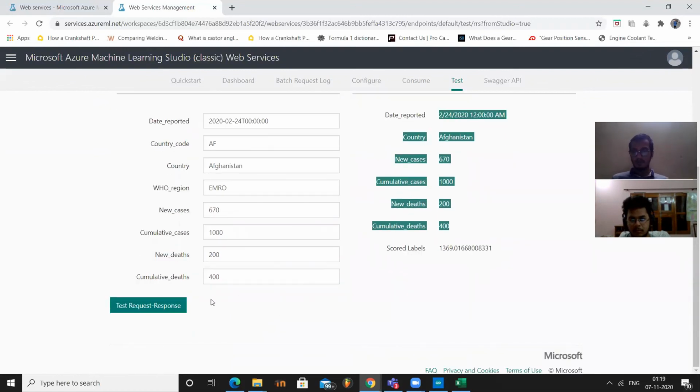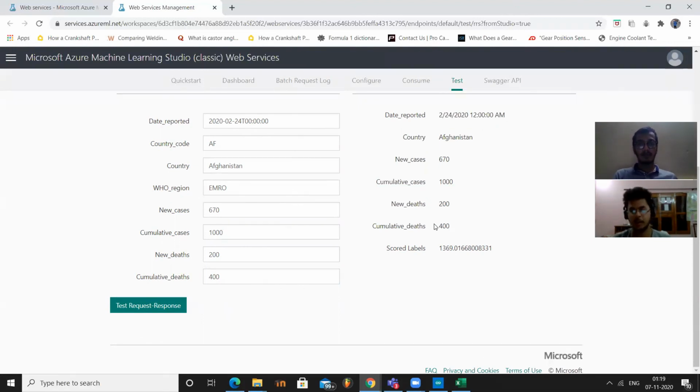So yeah, this is it from my side. Ayush, you can continue. So yeah, as my partner told you, we used a very simple machine learning model to explain how to do this process. If you want to explore much more about these services, and how to work on Azure Machine Learning, you can watch our previous videos which we uploaded on this channel. There we used different algorithms in order to build more complex models. And you can use the datasets which are embedded in Azure Machine Learning in order to explore more and more. But this is from our side, explaining the basics of how to work on Machine Learning Studio.